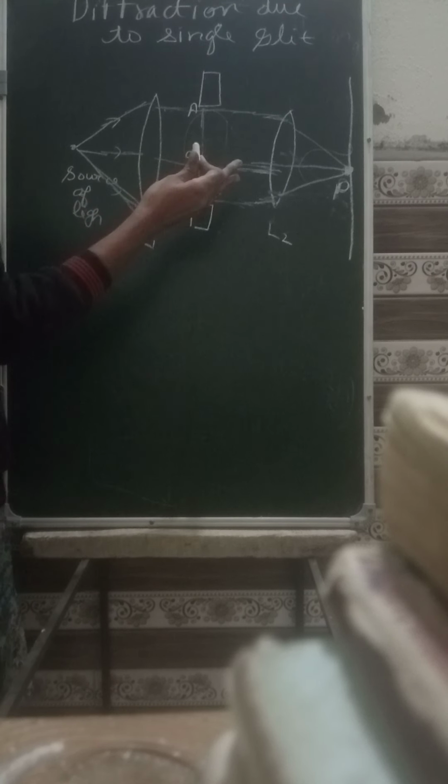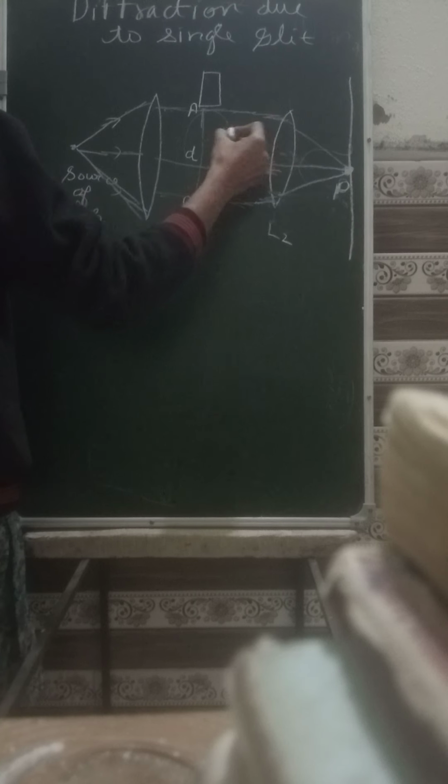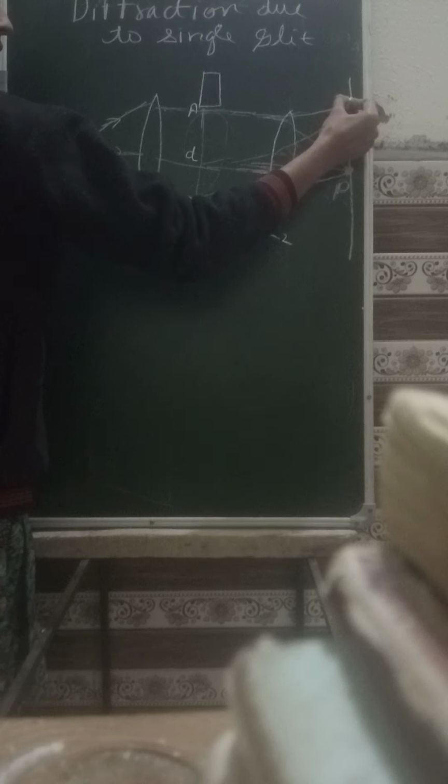Now suppose all the wavelets, according to Huygens principle, from the points on the slit AB, which act as sources of secondary wavelets, converge at another point, let's call it O, instead of at point P. Then definitely a phase difference is going to be created at this point O. Now to take out the phase difference,